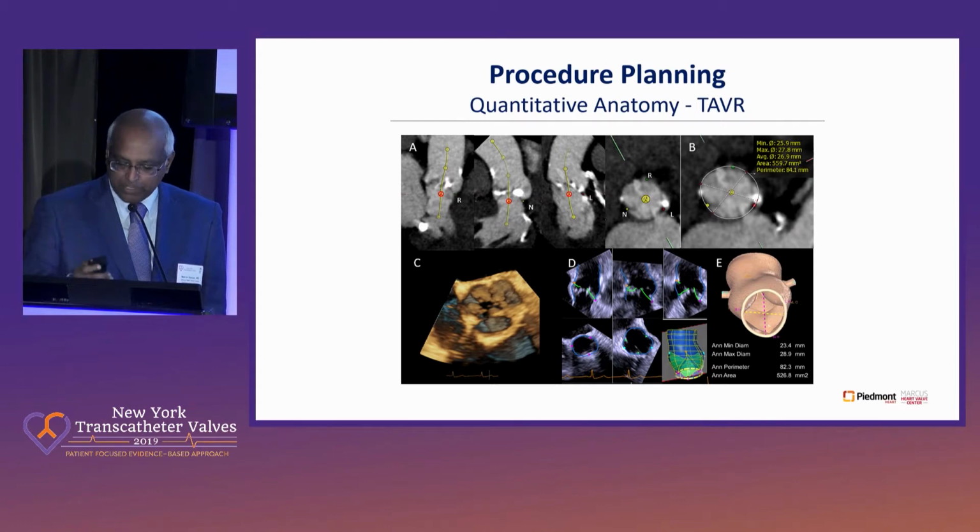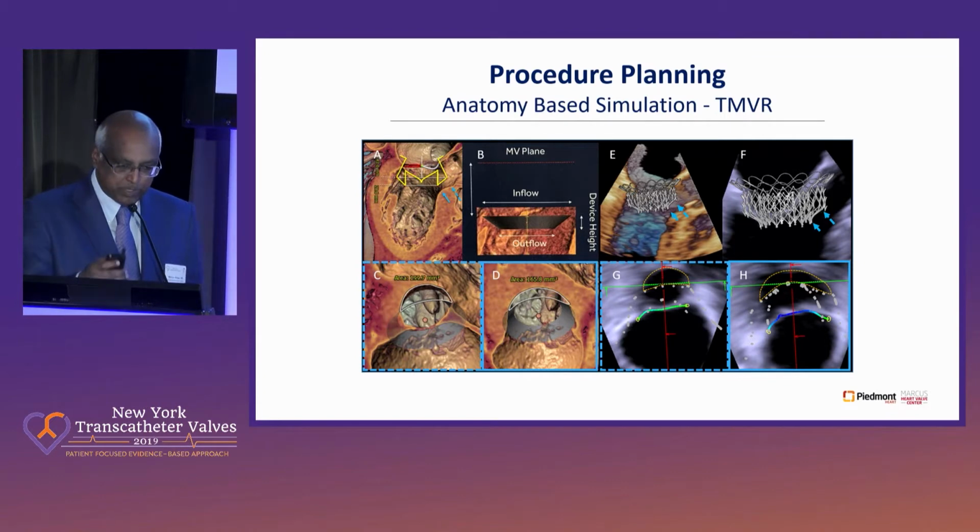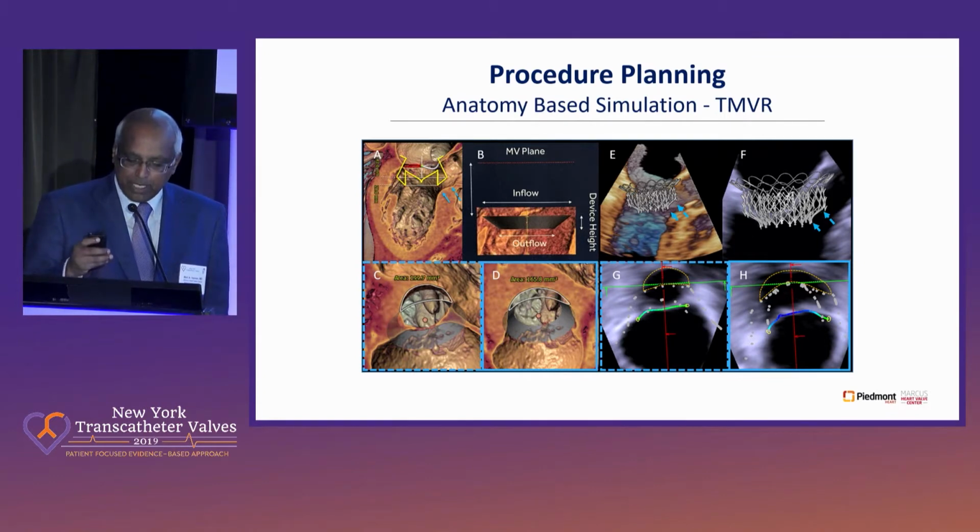This we know. This is pretty standard practice. CT for planning TAVRs. If contrast CT is not available, 3D TEE is a good alternative. Then we do things like an anatomy-based simulation. Not perfect, but it does help us to understand what happens if you put a valve in, for example, in the mitral position, using a patient-specific CT, and you can understand and measure things. For example, here, the risk of LVOT obstruction, purely based on pre-implant LVOT area, and what happens if you put the valve in the patient CT or the 3D TEE at a pre-specified depth, and of course, the angulation, and